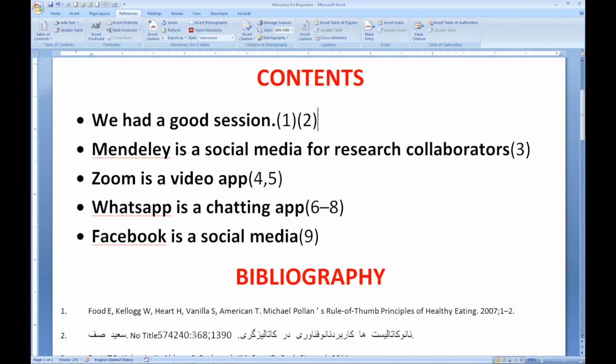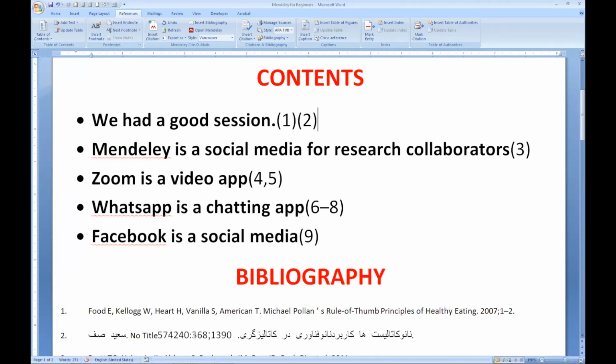Okay. Thank you. Shruti Sudarshan has asked one doubt: what is the difference between the Mendeley Reference Manager app and the desktop app? You can use Mendeley not just on a computer. You can use it on a mobile phone. You can use it on Android. You can use it on iPhone. You can use it on iPad. You can use it anywhere.